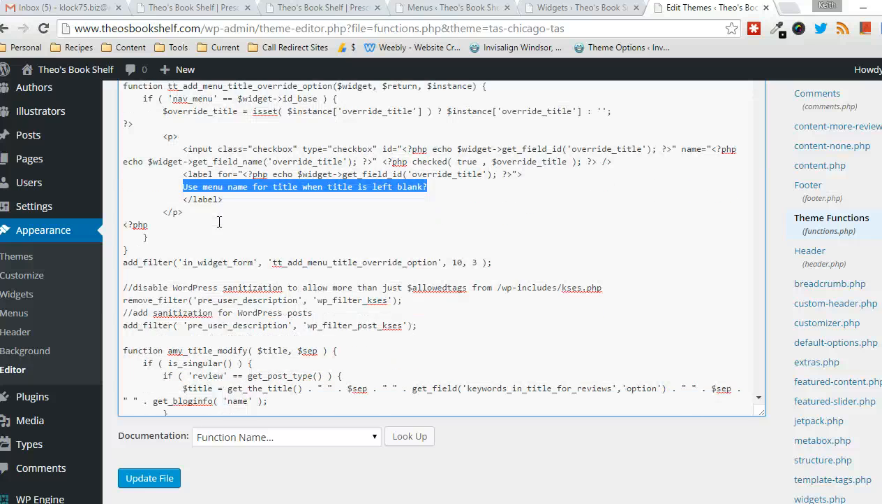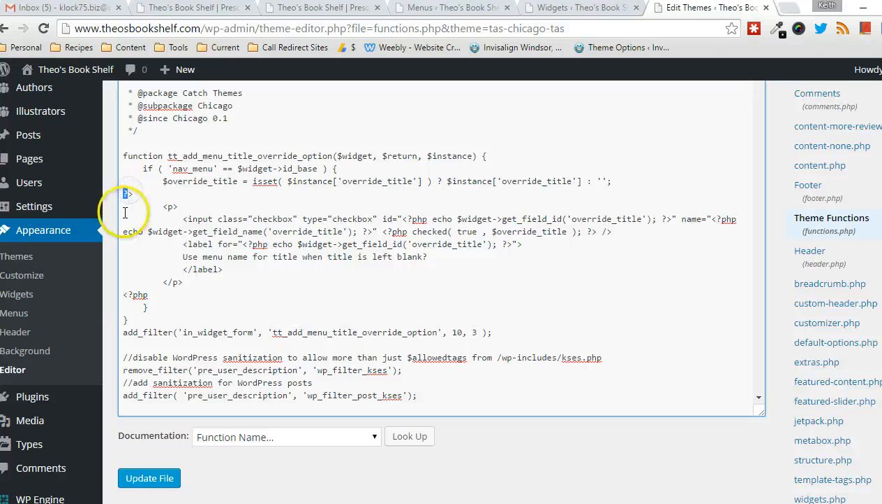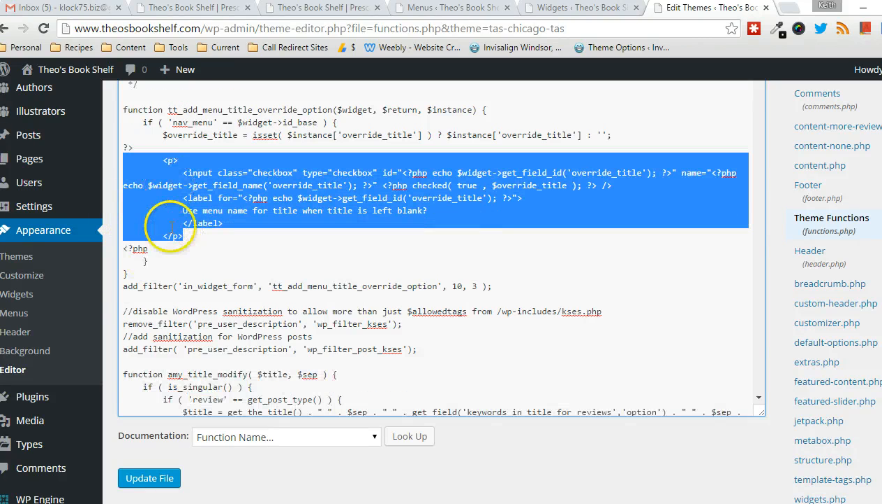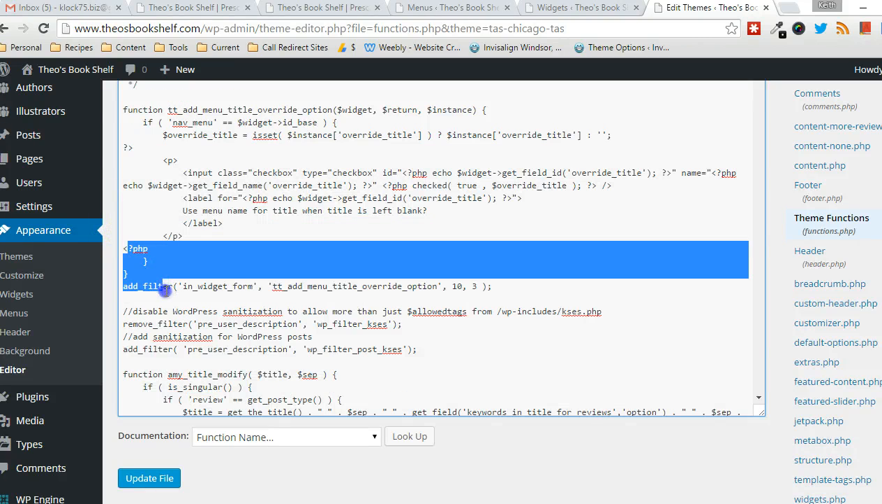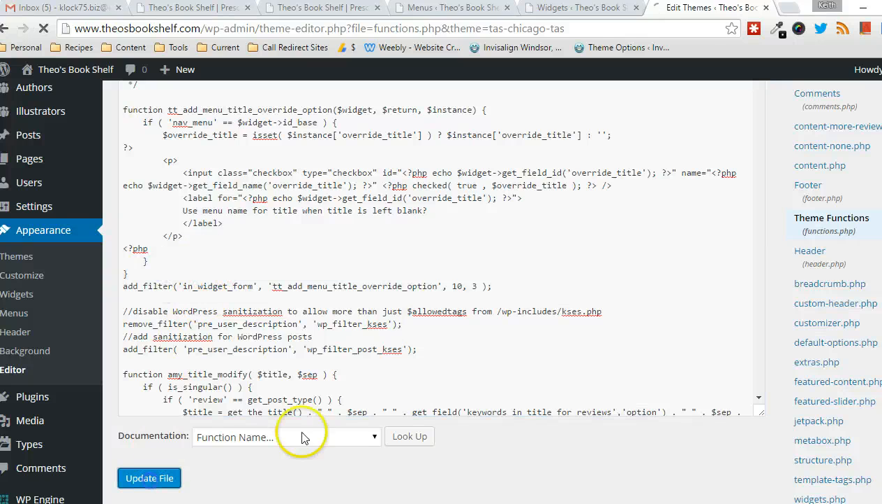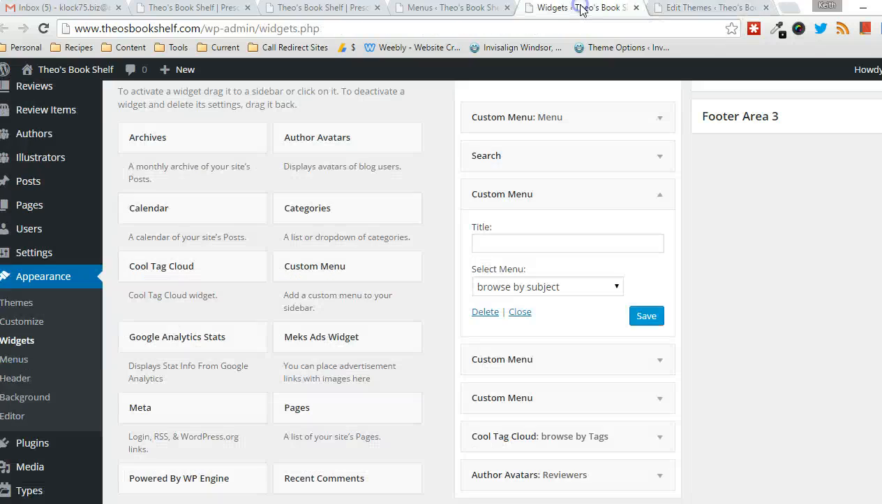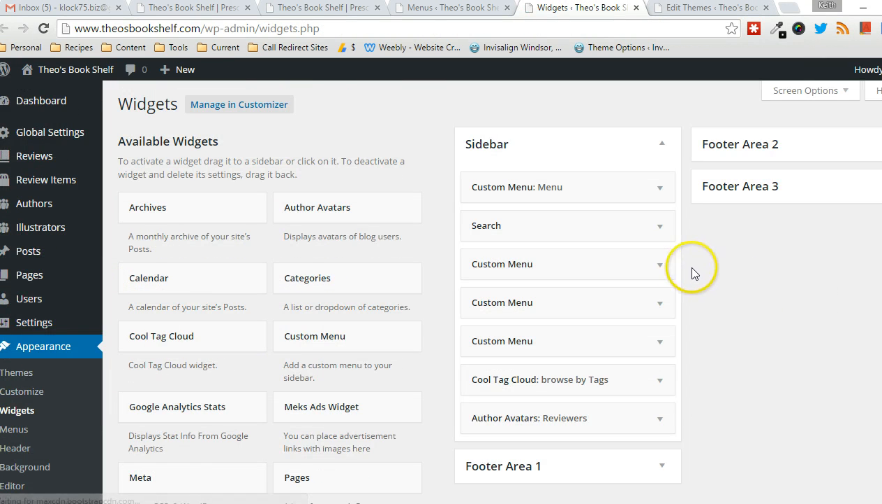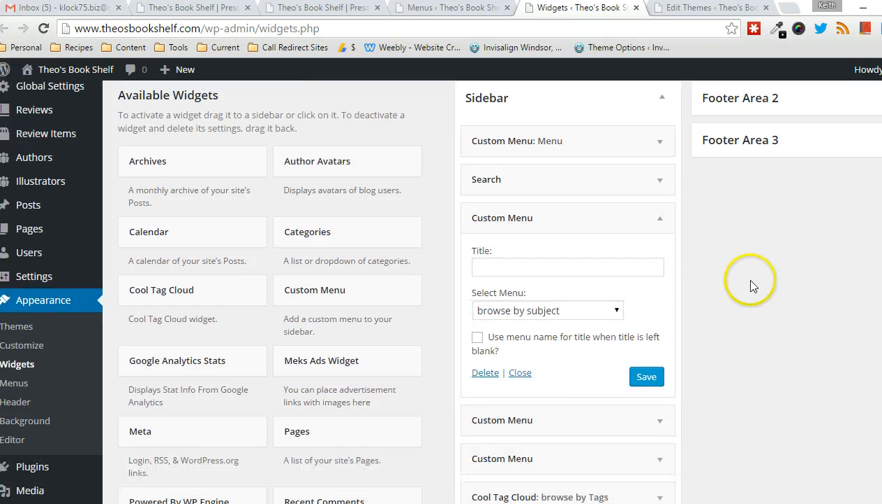Just want to make sure that I have the right, okay, so yeah, I have a closing PHP, and then I use some HTML, and then I open the PHP tag again, so everything should be good there. I'm just going to click on update. Alright, and what this is going to do, now if I go back to widgets and refresh the page here, now it says use menu name for title when the title is left blank. I'm going to select that and click save,